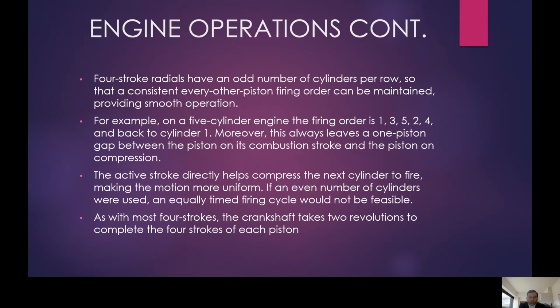There is always a 2-piston space between the piston and the next piston in the power stroke, the firing one known as the compression piston. If an even number were used, equivalent to 1-3-5-7-9-2-4-6-8, it leaves a 3-piston space between firing pistons on the first crankshaft revolution, 5 pistons, and on the second crankshaft revolution, just 1 piston difference. This contributes to an irregular firing order inside the engine, which is not optimal. Okay, next slide is